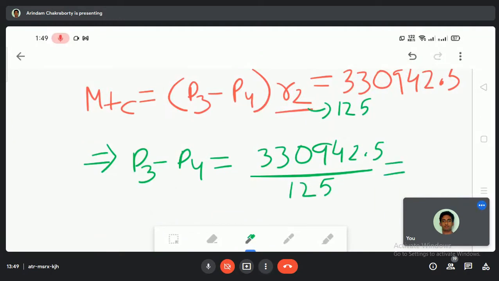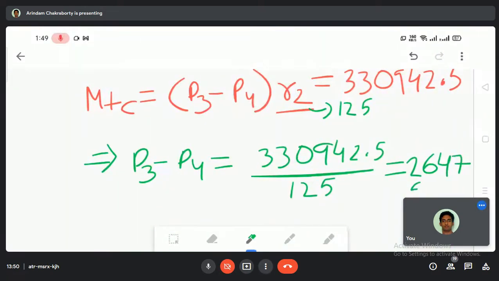Be fast. 2647.54 আসছে। কত আসছে? 2647.54। আচ্ছা সবাই দেখে নাও, এটাই তো আসছে আশা করি। হ্যাঁ এটাই আসবে।